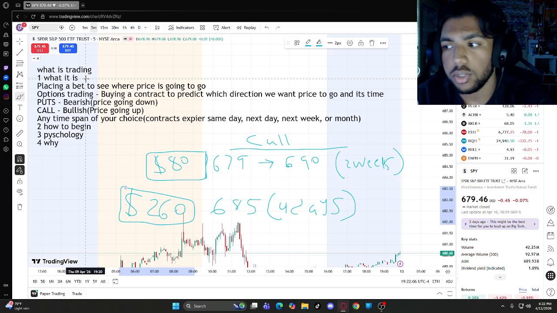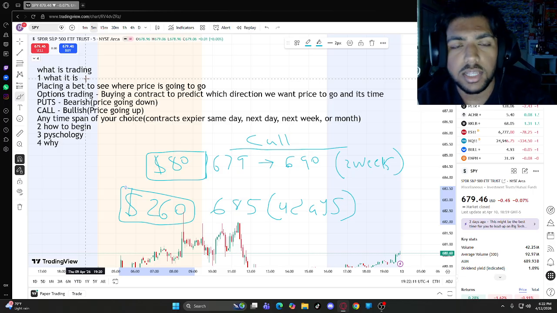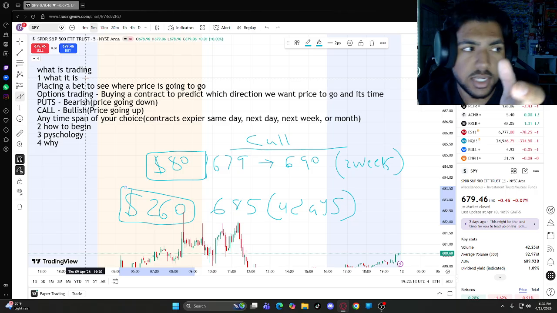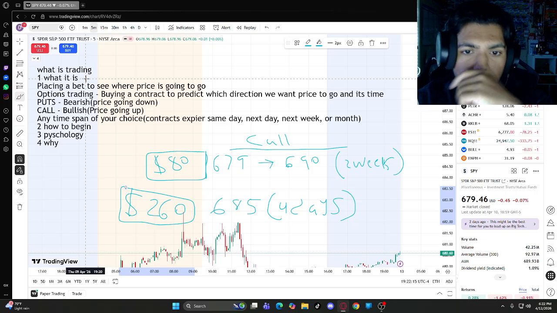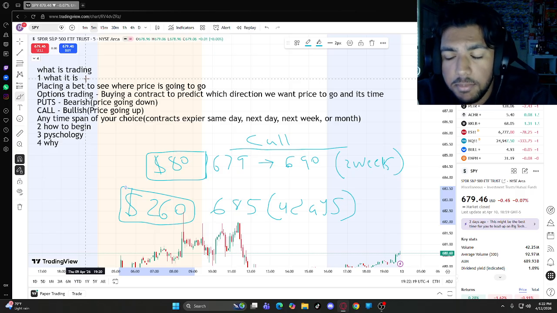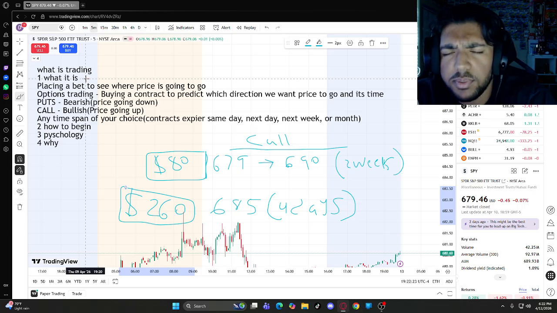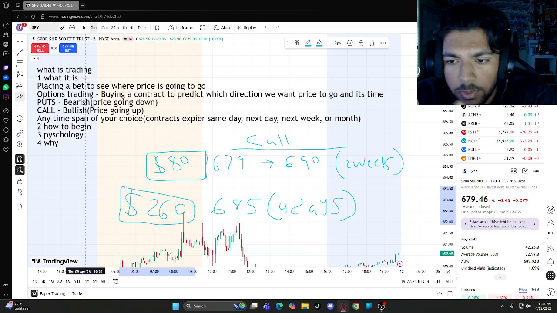The closer you are to your goal in general, the more money you will make. The reason why I do this on the daily time frame, and the reason why I do this day to day, is because we have high volatilities during the day. And let's say, for example, I want to buy a call. All right, price is at 680, and based on all my predictions, all my confluences, how I trade, what the chart tells me, 685 looks like a good point for price to get.